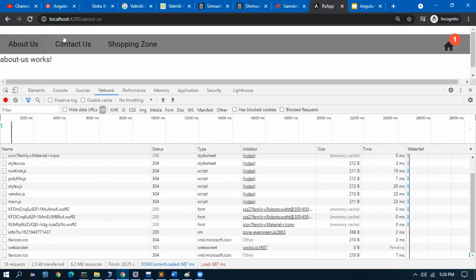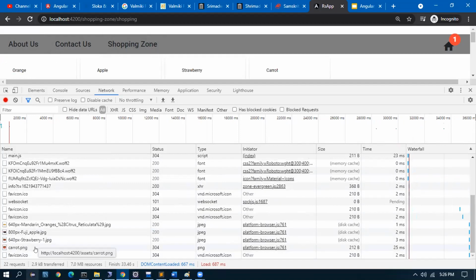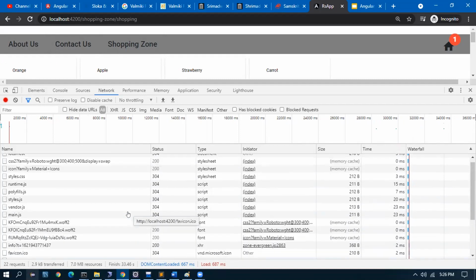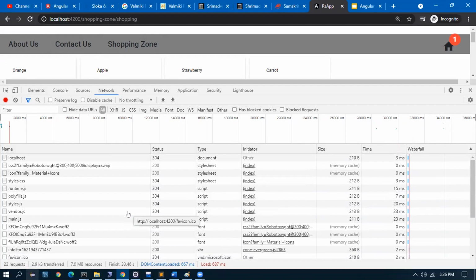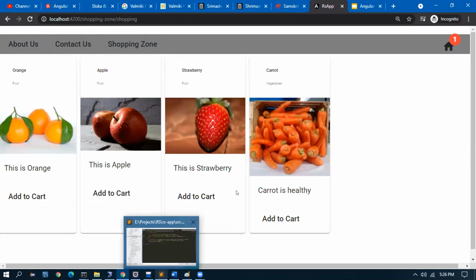Okay. So when I click here, it's not loading. When the user tries to access this page, the data are loading. Just before it was 6 MB, now it's 7 MB. Yeah, 1 MB of data we have saved. So that is the advantage of modules.